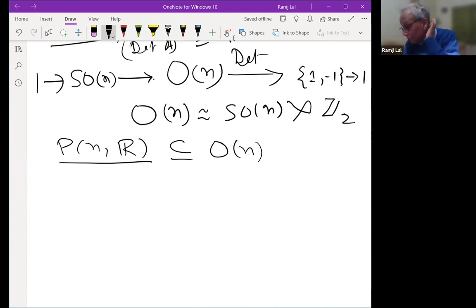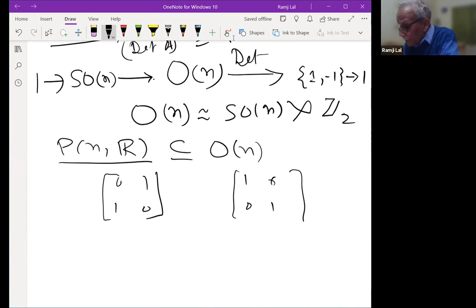Because you see here that if you take a matrix, for example, you can immediately see. So for example, if you take 1, 1, 0, 0 and permute, what will happen? 0, 1, 1, 0. That is this. So if you take a transposition ij, interchange the ith row with the jth row, or interchange the ith column with the jth column, its transpose is the same, and its square is identity. Its transpose is the same, M transpose.